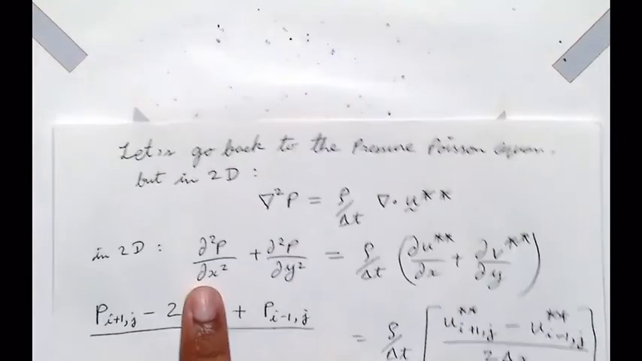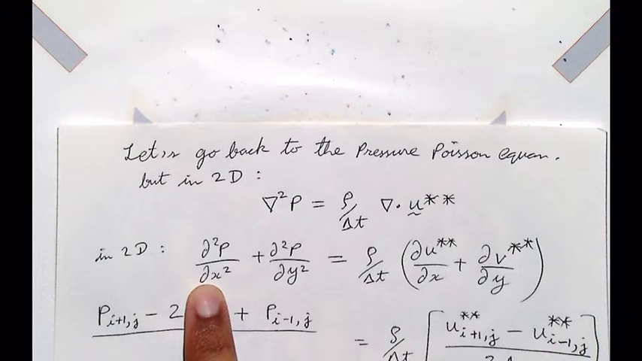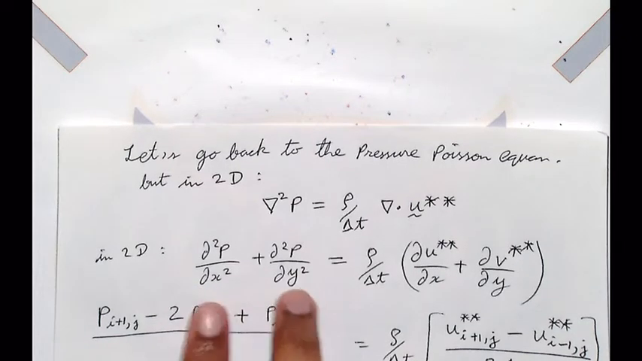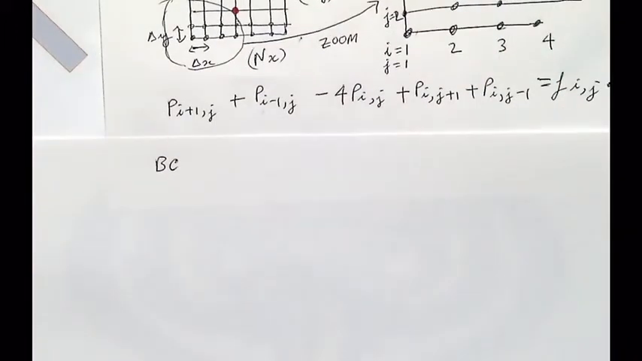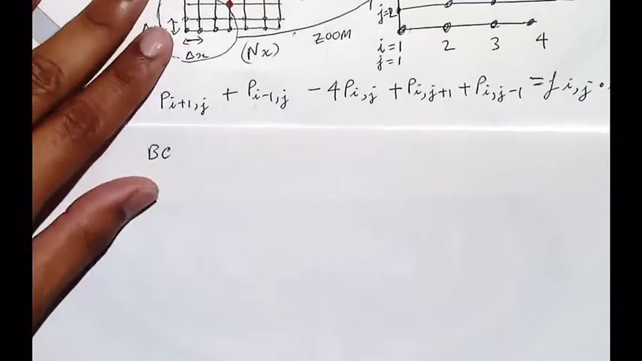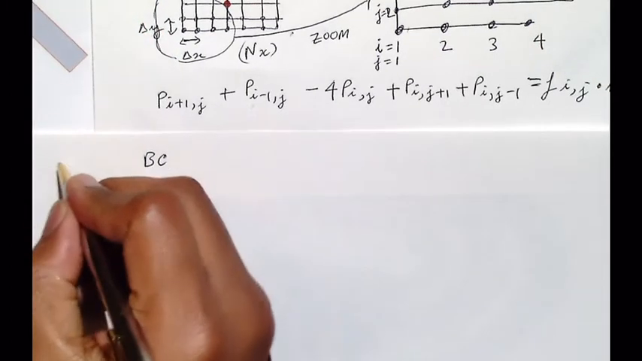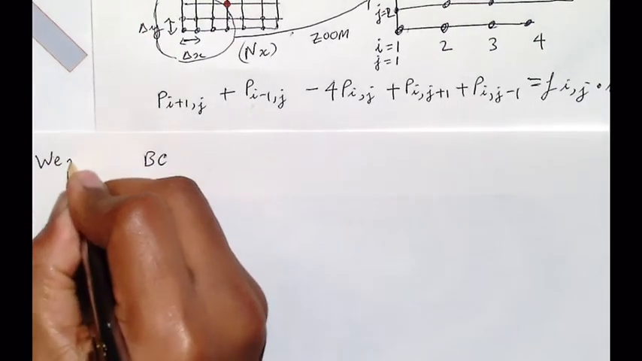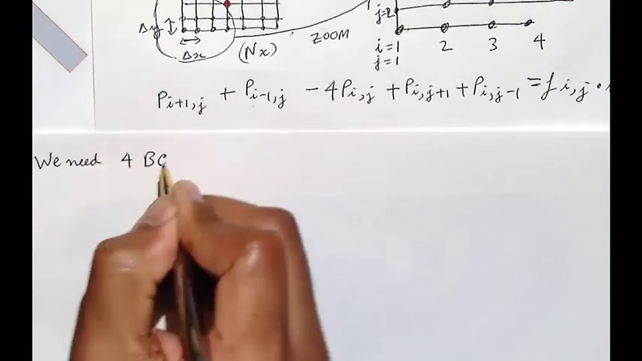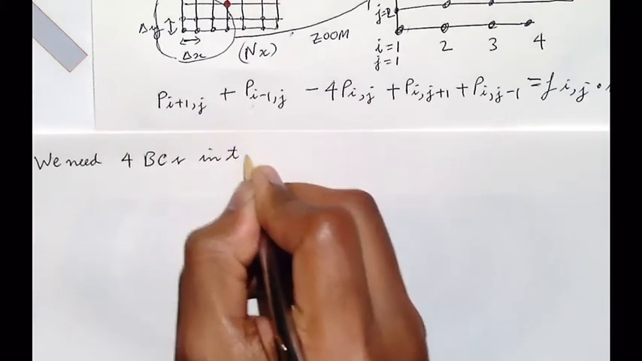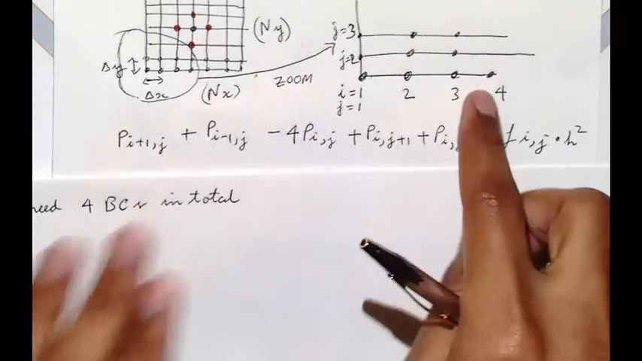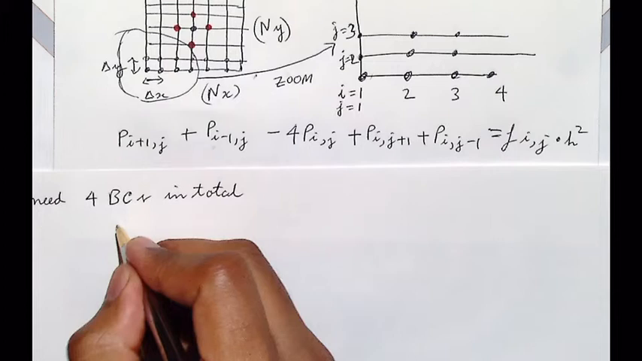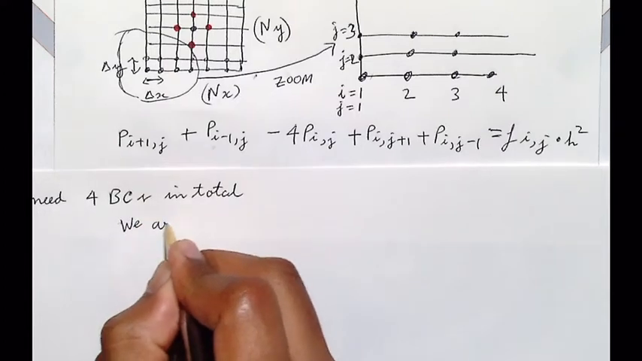Why? If you go back here, if we had the second derivative in 1 dimension, we needed 2. Now we have 2 derivatives, we need 4. Because there will be 4 constants that we will need to get rid of. Okay. So we need 4 BCs in total. Okay, so let's start with just the lower and left arms. Let's see. We are told